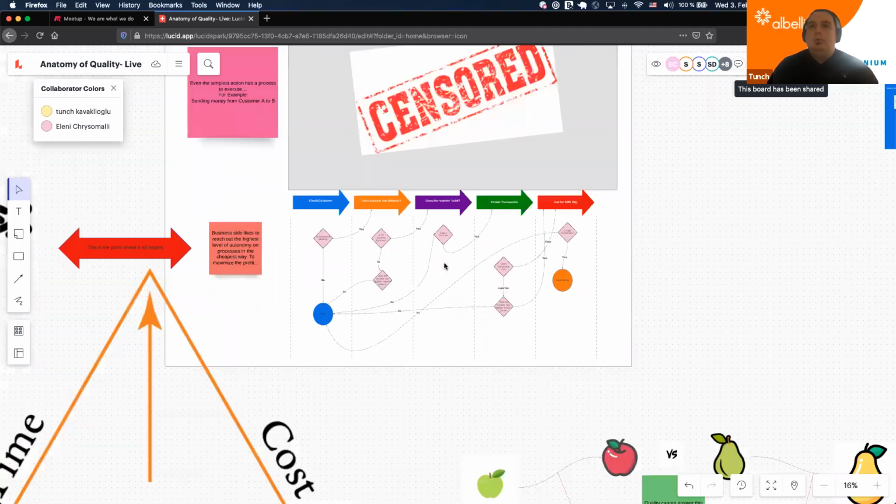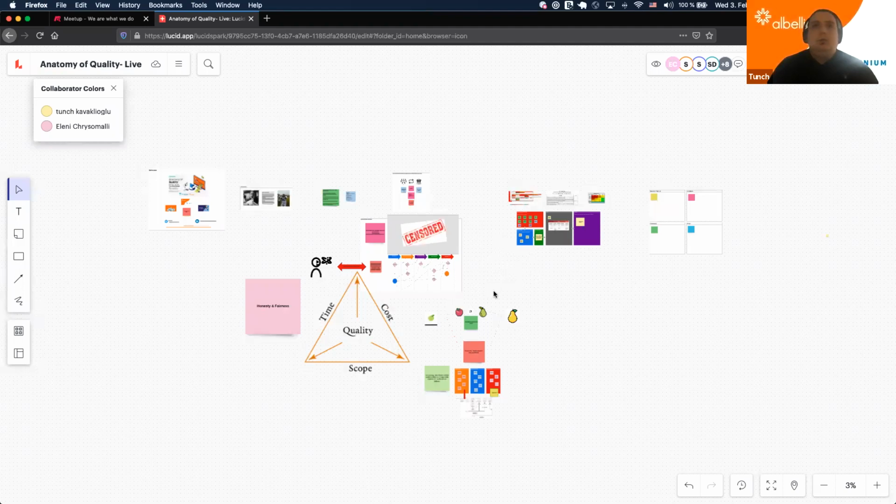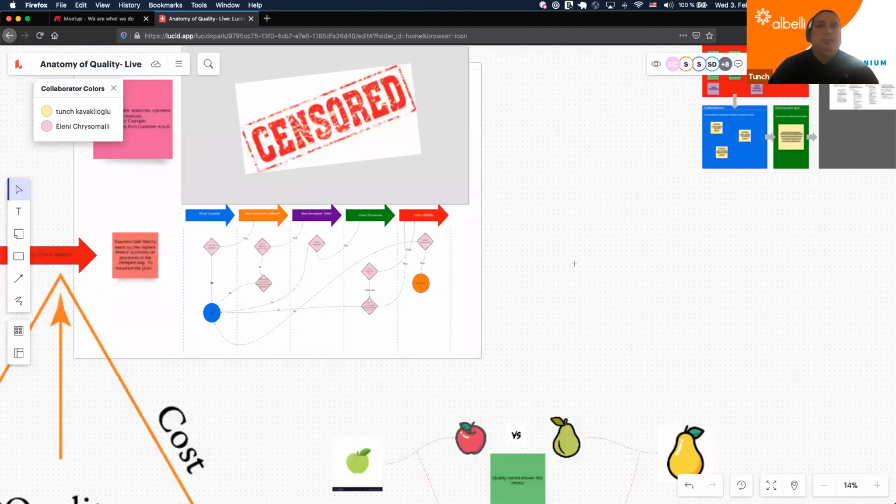Whoa, my post-it is lost. Where is my post-it? There should have been a post-it here. Okay, so I can put it again, no problem. Here,